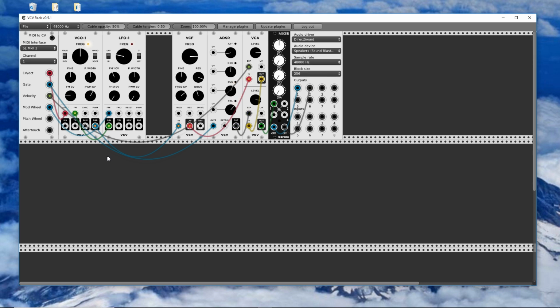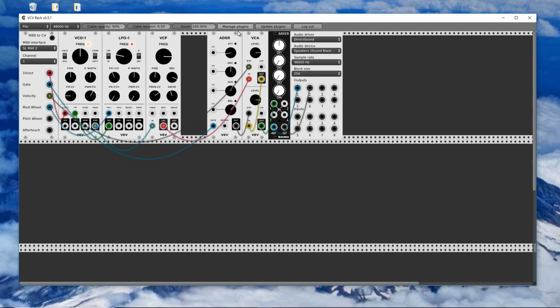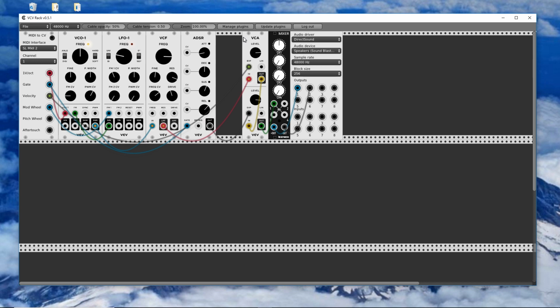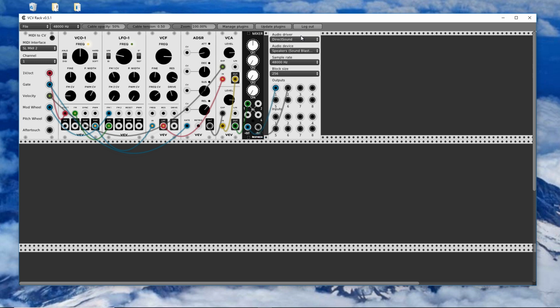Now, what you would use is, I've seen CV mixers here. You could use something like that or a CV splitter of some kind, where let's say you want to take your mod wheel and have it control two things. You can't run a second cable out of the mod wheel here and connect it to something else. You would have to connect it to a mixer module, and then two outputs from that mixer could go to controlling the amount here and controlling the frequency here,